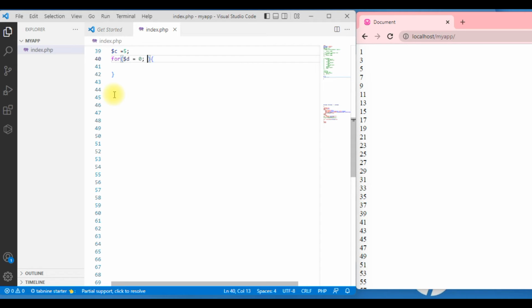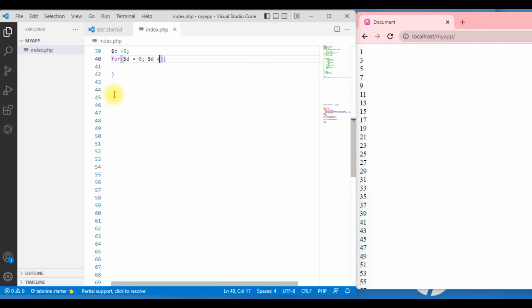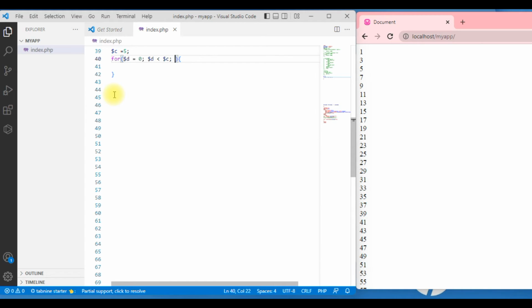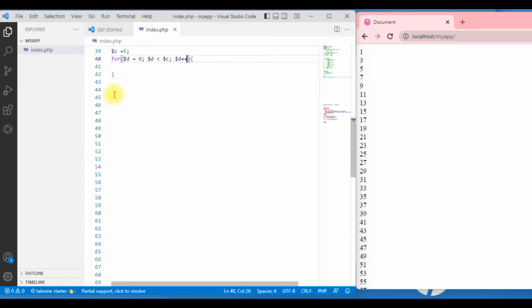The second thing is the condition: variable D less than variable C, you terminate, and then your increment, which is variable D plus plus. Then when this happens, you want to echo